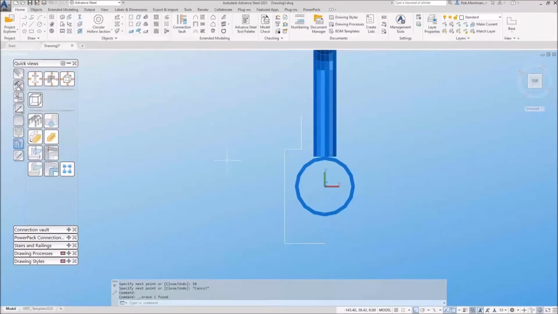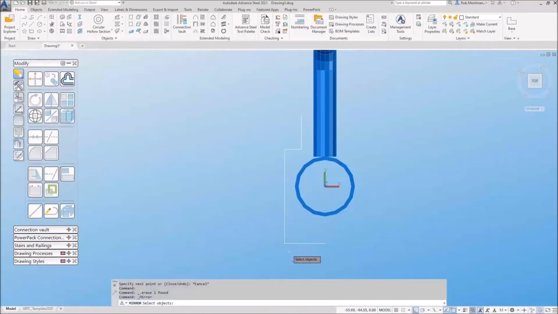What we'll do is we'll just use the AutoCAD mirror commands